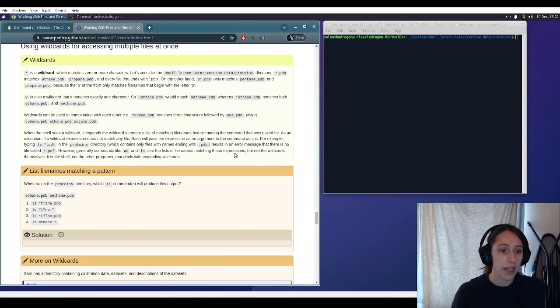I kind of like... So asterisk, we want both ethane and methane. So I kind of think 2. I'm thinking 2 is the answer because we want any combination of